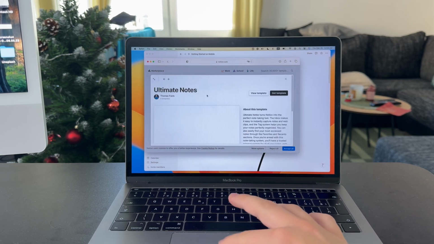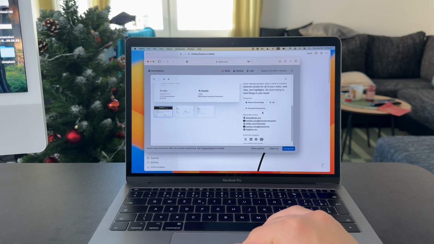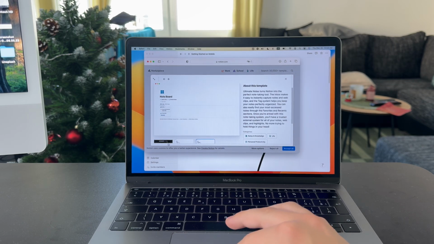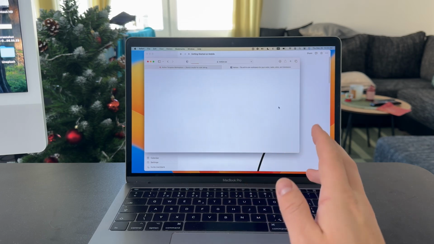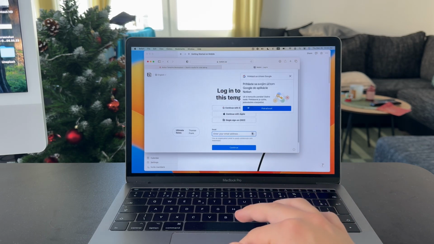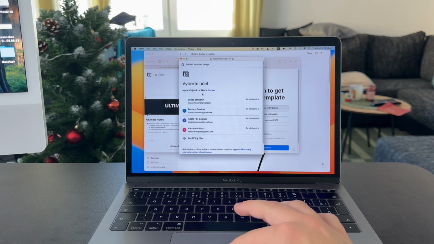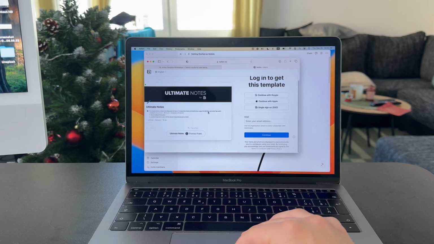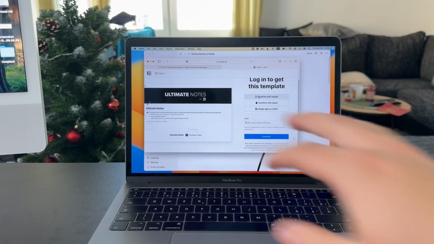So for example, there's this one, Ultimate Notes, and you can see that it has some descriptions in here. You can see what it kind of looks like, and it has some web clips, and it is interconnected. So I would just recommend you to get the template like this and make sure you log in to get it like that. And obviously you have to make sure you add it to your account, but essentially you can just click on your account and just add it directly to your